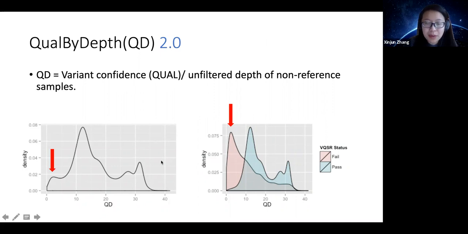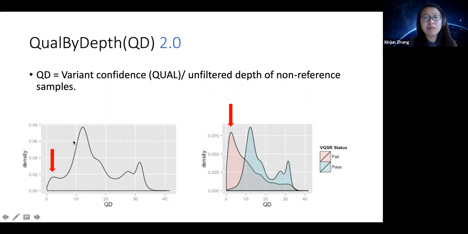All of these plots I'm going to show here, I didn't make those. You can find them on the GATK website under the hard filtering page. What it is showing us is why for SNPs, for example, we ended up with the best practice that a quality by depth of less than 2 is not good. The reason why is because